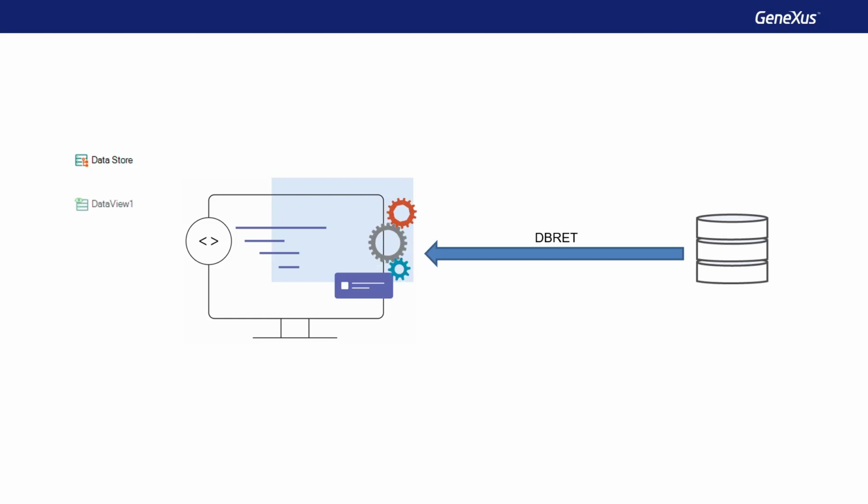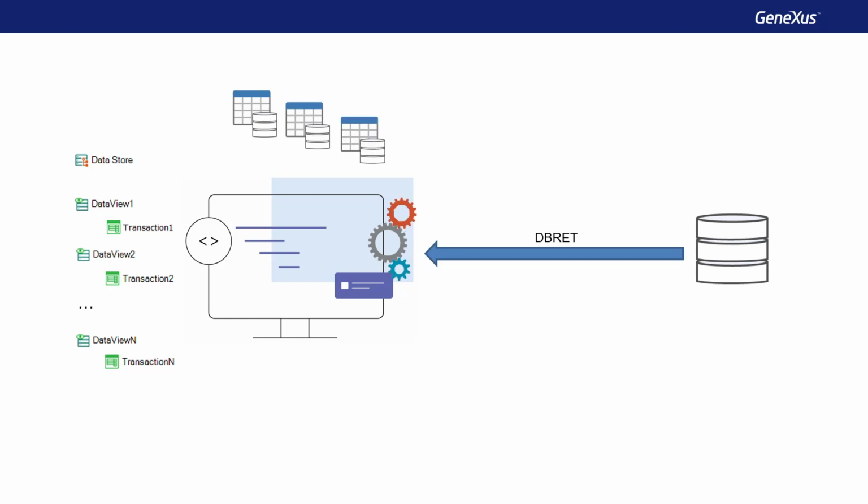Also, data view objects connected to the external database tables will be created, and, if we want, the associated transactions will also be automatically created, which will allow us to add, delete, modify, or access the information as if it were from our own database. This type of solution can also be applied to connect to individual tables in different databases, creating the data view objects ourselves, or using a wizard to import a particular external data store.